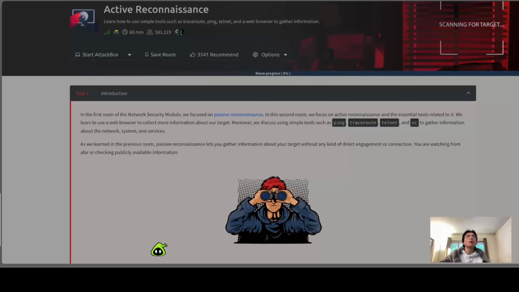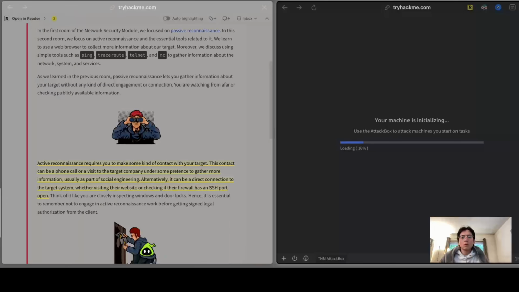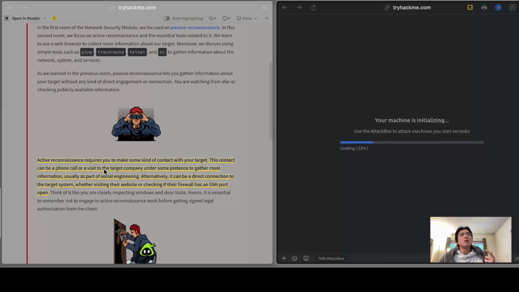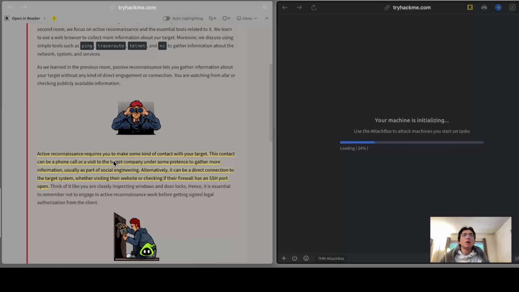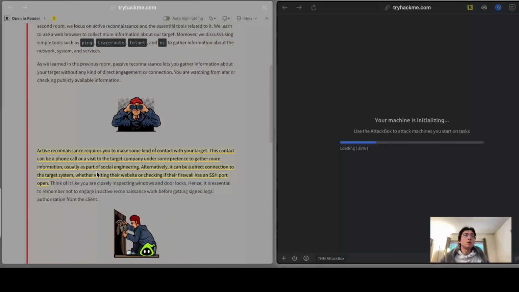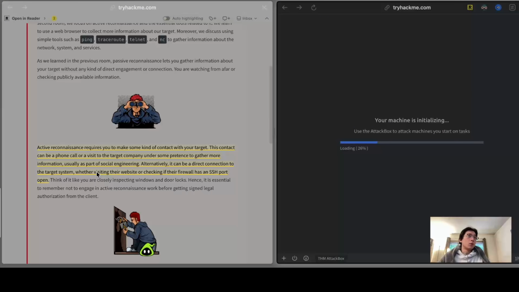Alright, so we're at Active Reconnaissance. Active Reconnaissance requires you to make some kind of contact with your target. It can be a phone call, or a visit to the target company to gather some information, usually as part of social engineering,